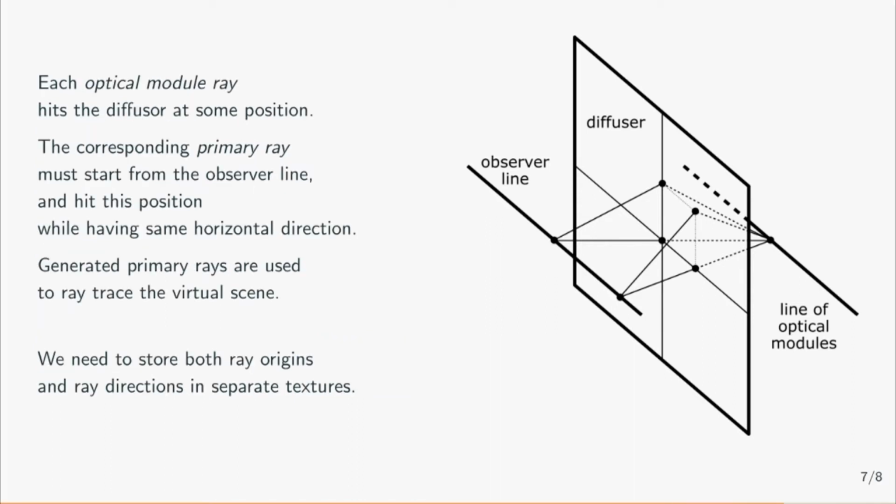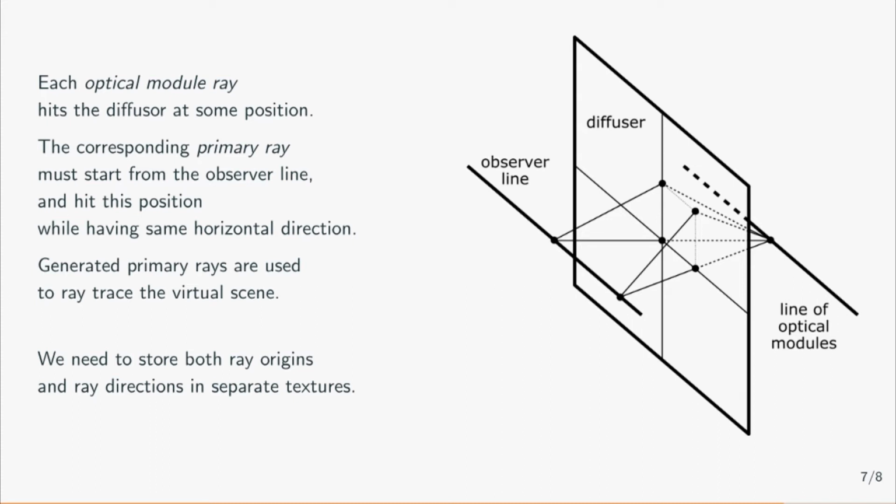And now let us consider how the optical module works in conjunction with the diffuser. Each optical module emits rays of light with color information, in a similar way as an ordinary projector does. Each ray from the optical module hits the diffuser at some position. From this point, the ray of light is diffused with the help of the diffuser. And since we are interested only in those positions of the user that are placed on the observer line, we can assume that the ray of light goes through the position on the diffuser towards the appropriate position on the observer line.